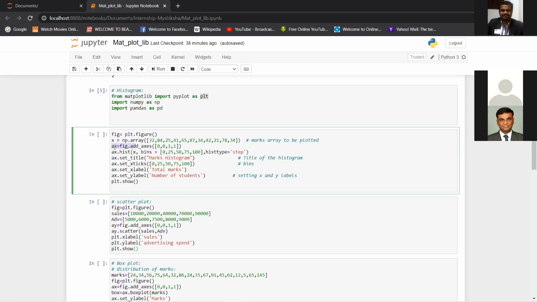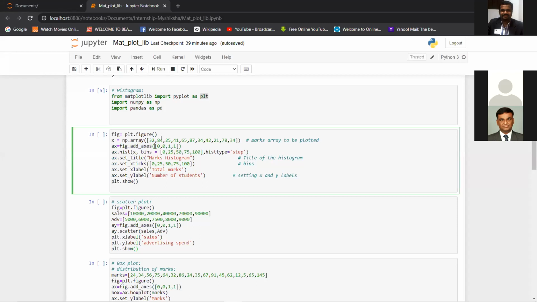The next thing you do is create an axis on your figure. Whatever object you gave when calling the figure function, I used fig, you use the same object here to create the axis. So you say fig.add_axes, and I'll explain these elements. add_axes adds the horizontal and vertical axis on your figure.